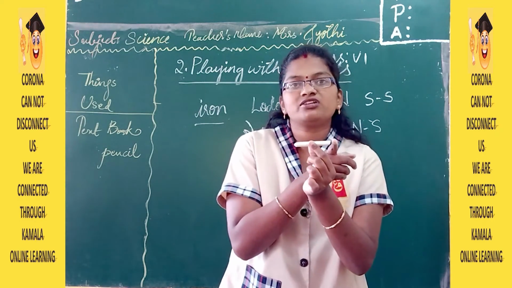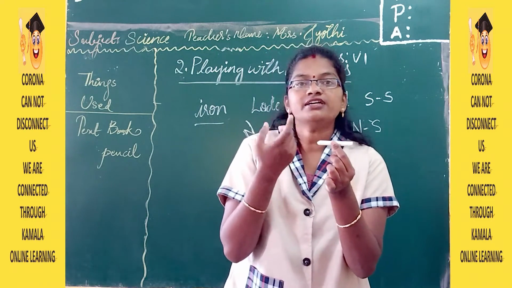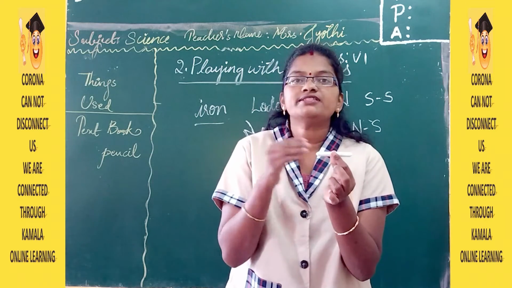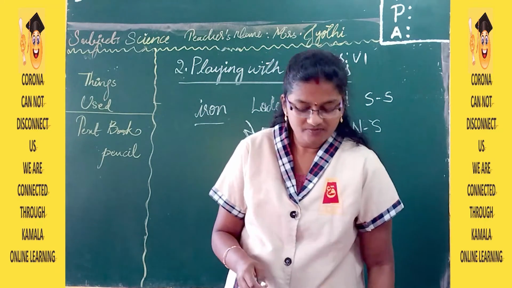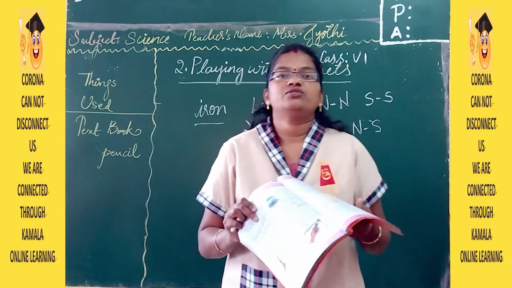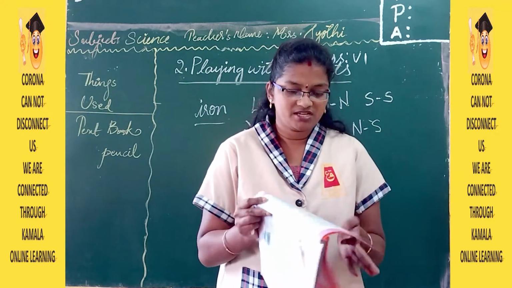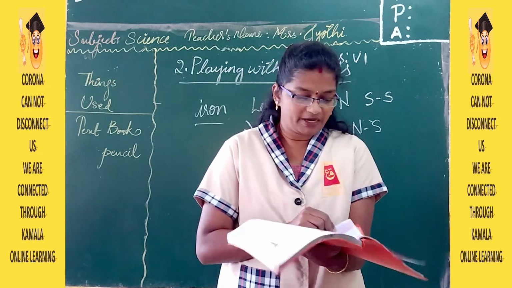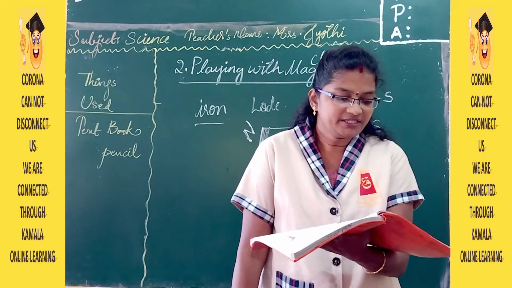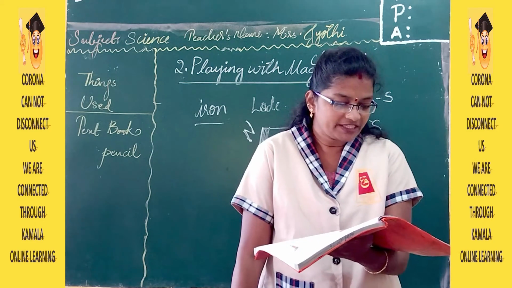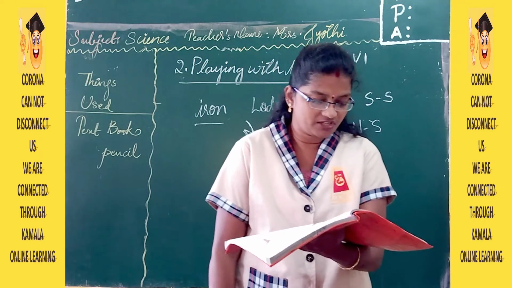Then put the same object on the other side and see whether it is attracting or repelling. Repeat the same thing with all three objects and note down the observations. In the last class we have done this much and you have noted the observations. So let us see the remaining part. What do you conclude by comparing the recorded observations? By the above observations, we conclude the following.